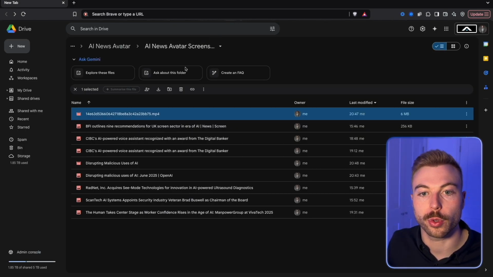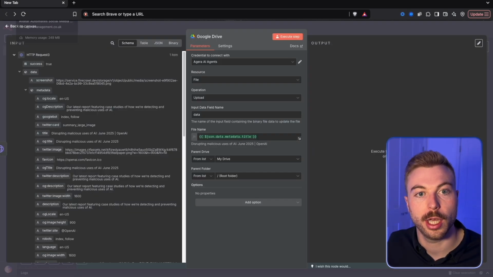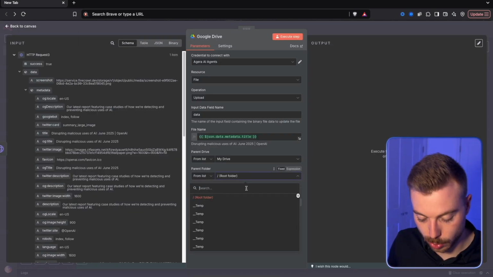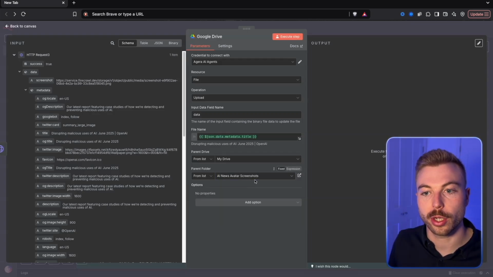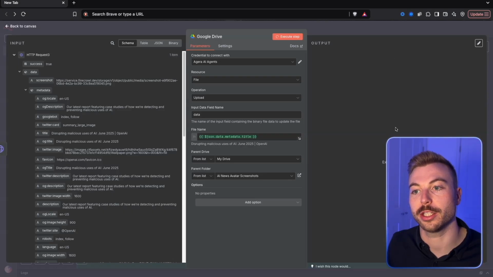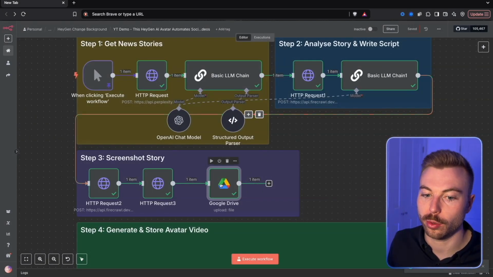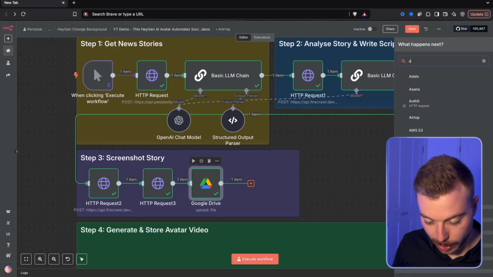I've already got a folder ready to go, which is here, which is all of the screenshots that we've generated. So we'll come back across. We're going to do AI screenshot, and there we go. We're all ready. So now we can do execute step, and it should go green on the right-hand side here, and upload it into the folder. All ready to go. Now we'll do save,